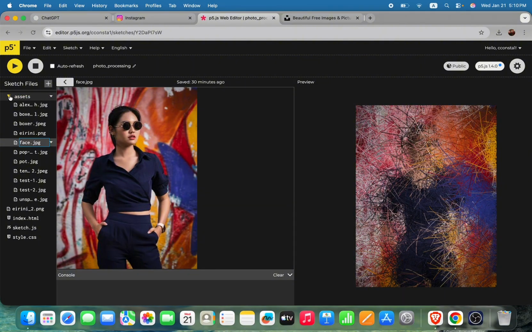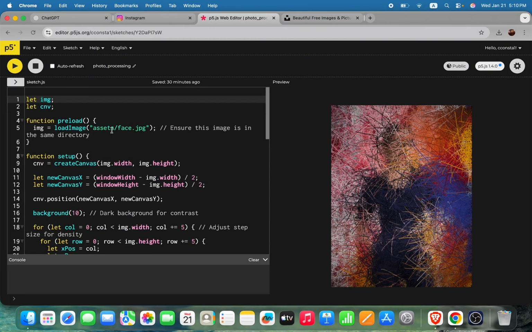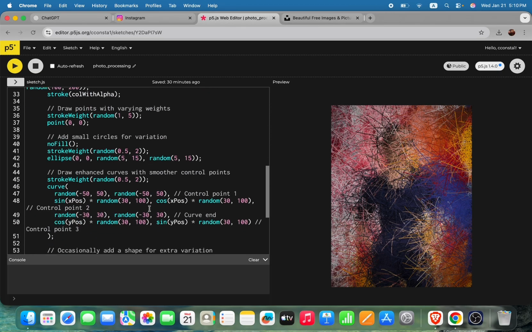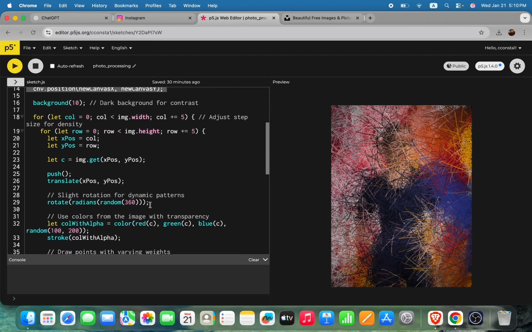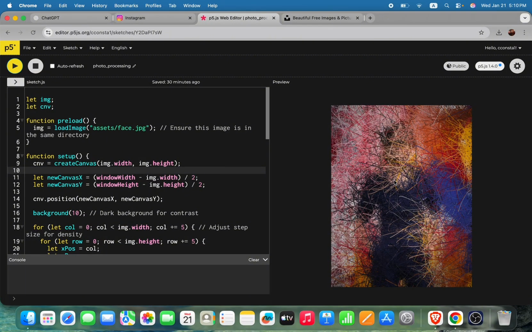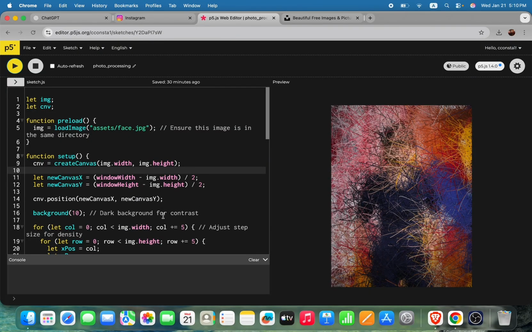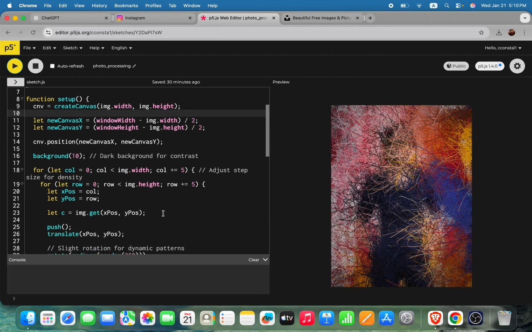Okay, but anyway, the point is that you can write this code, run it, and you convert that photograph into this. Okay, now this is a version of this photo in which I think I remember I